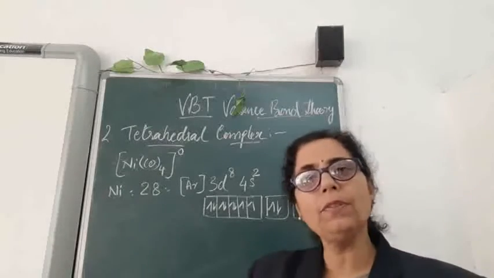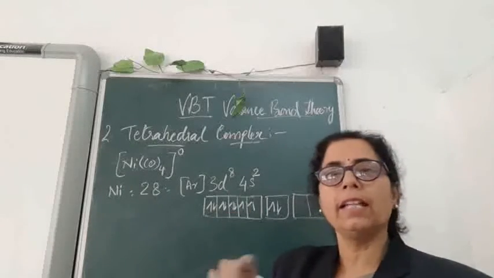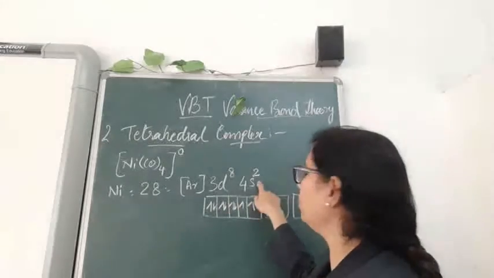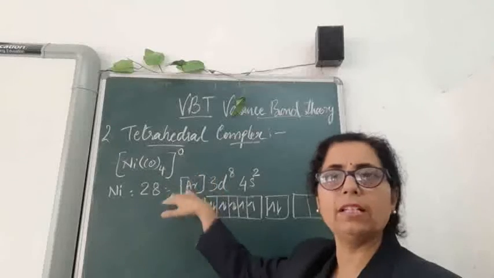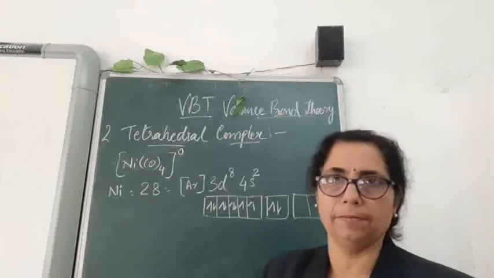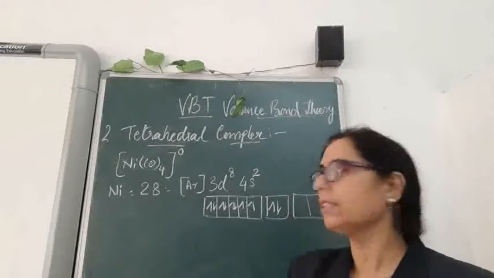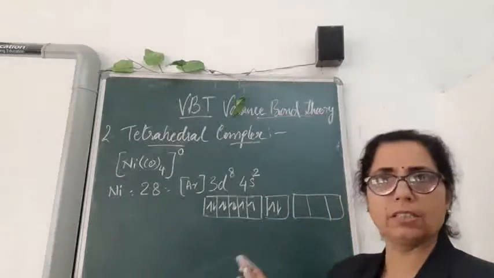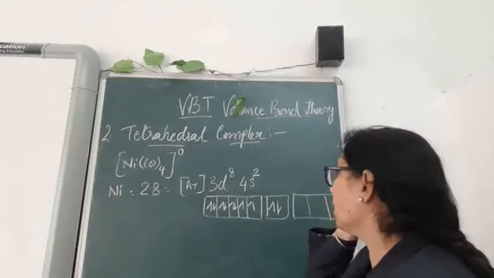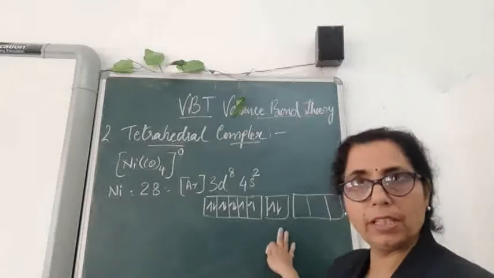After 4s1, the next electron will be 4s2, then slowly it comes to fill the d orbitals as well. In this way, we are studying the above principle, and all that we are going to talk about later on. Okay, now this is the electronic configuration.